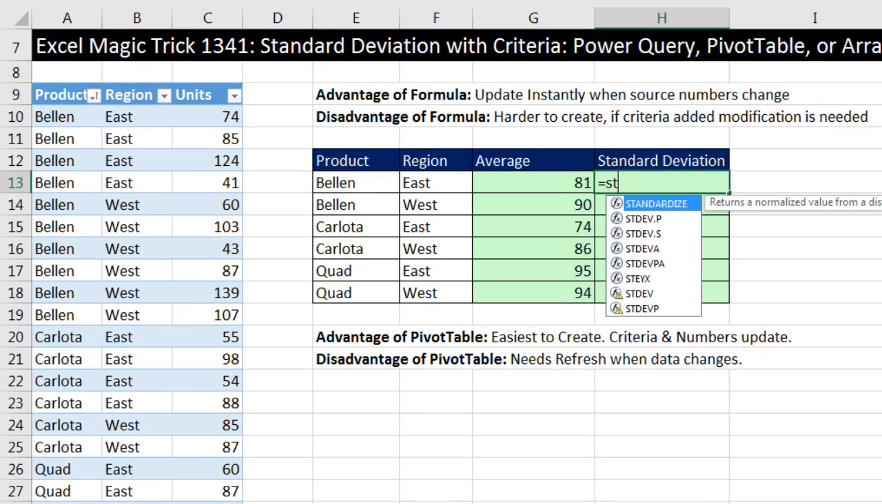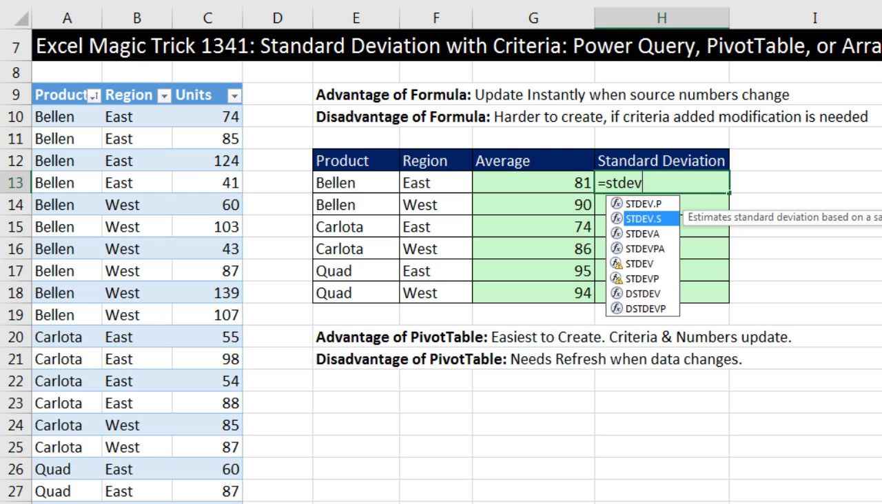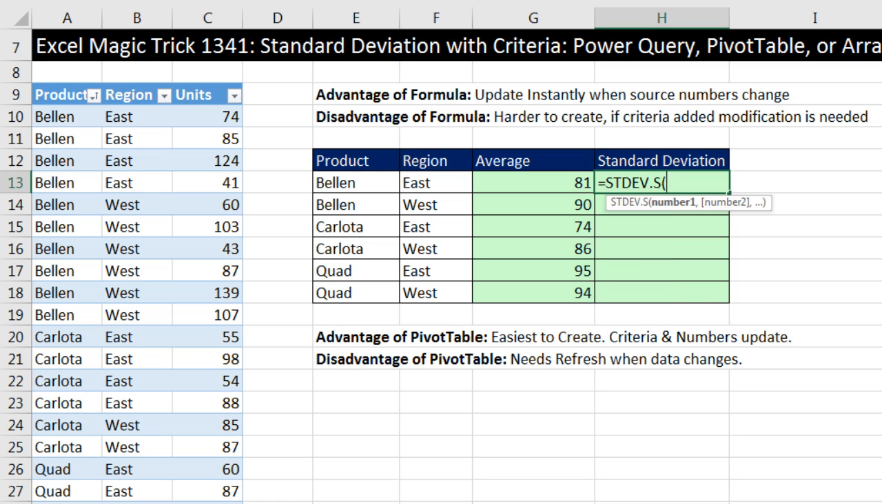All right, let's calculate standard deviation. This is from a sample, so we're going to use STDEV.S. Now, I would like to use STDEV.S with an IF, just like AVERAGEIFS, SUMIFS, COUNTIFS. But that function is not in Excel. There's no such thing. So we just use the straight STDEV.S function, and in the number argument,